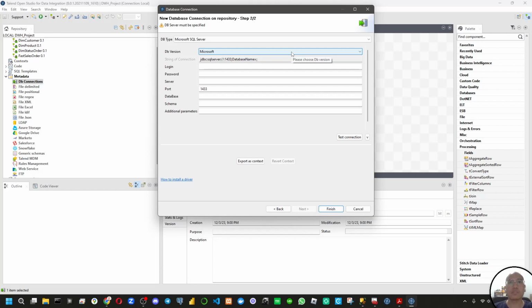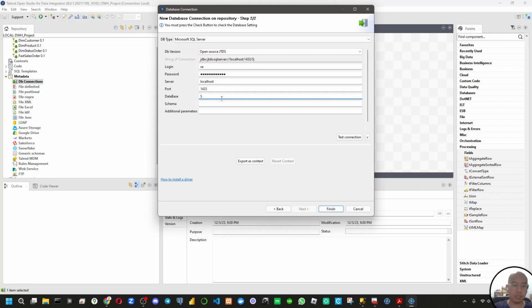The database version is open source. Login is your account back in the SSMS, and the password. Server is localhost because all the databases are on my laptop. The port we just set before is 1433, and then the database, we choose the database name.